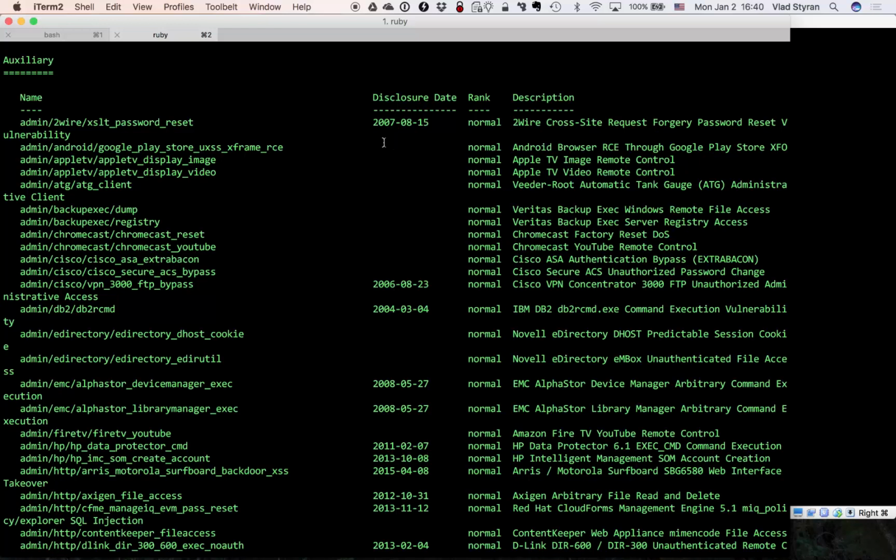In the exploit sense, it always has a disclosure date. It's disclosed at some point and then patched by a vendor, and exploitation code is written by hackers,